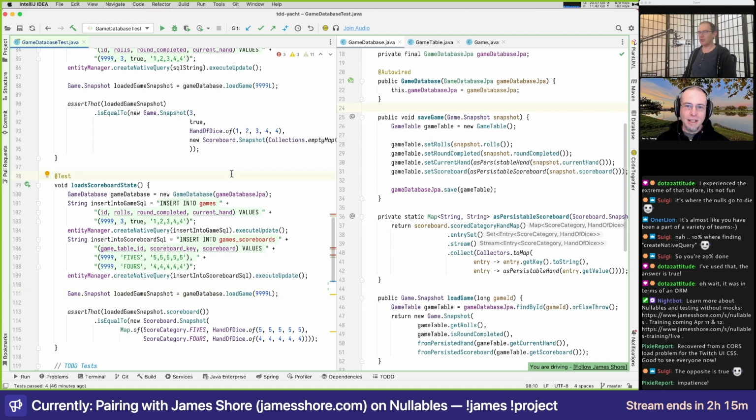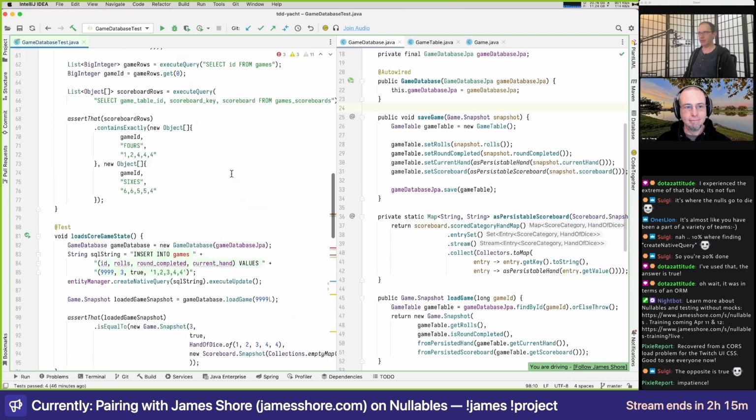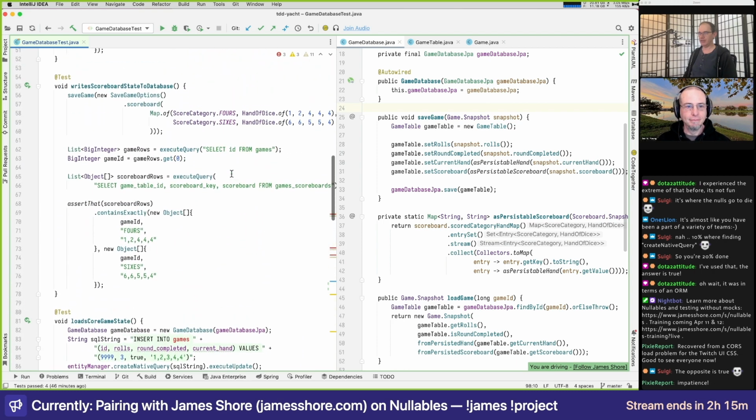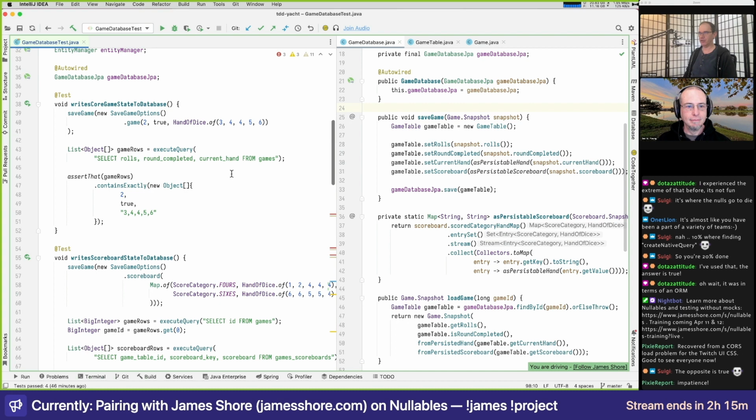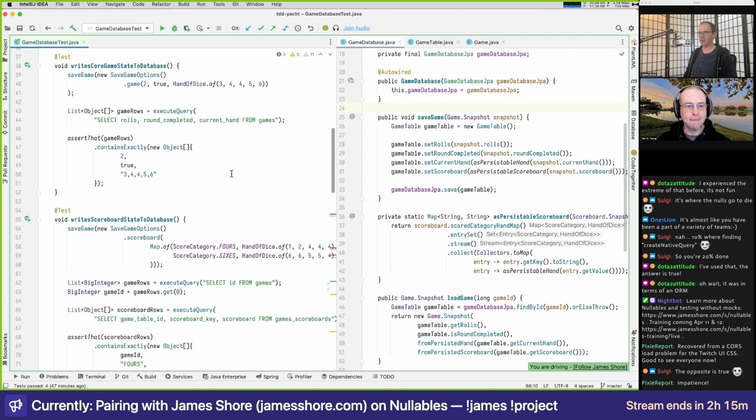Okay, so I think then what we need to do is modify this. If we're agreed that we're going to support loading and saving multiple games later, we need to modify our load and save so that they do not take an ID. Right. Right now, save always does an insert, right? Correct. Are you talking about the JPA save or our save?